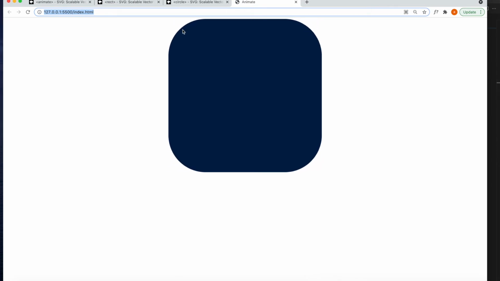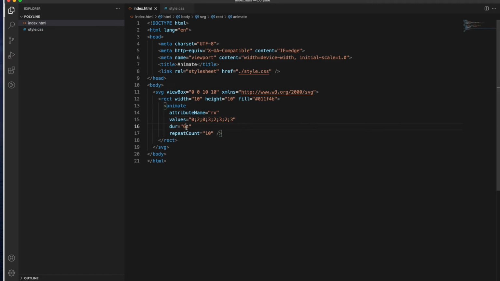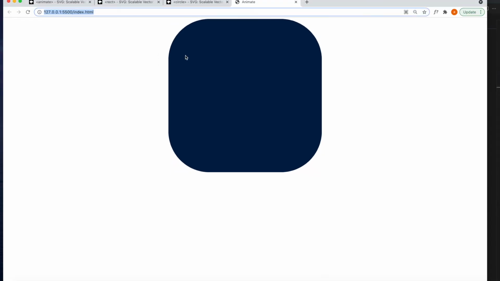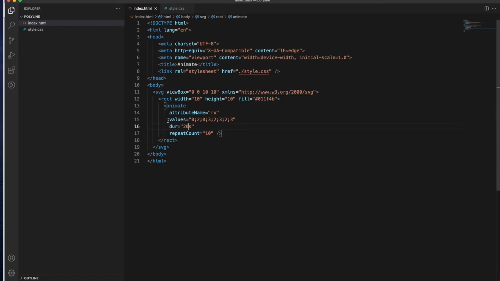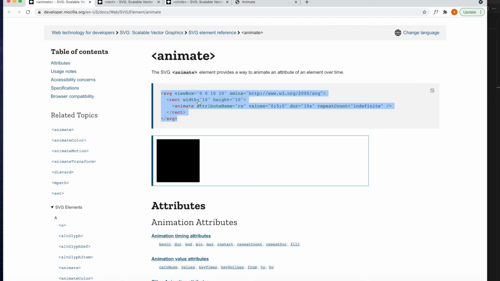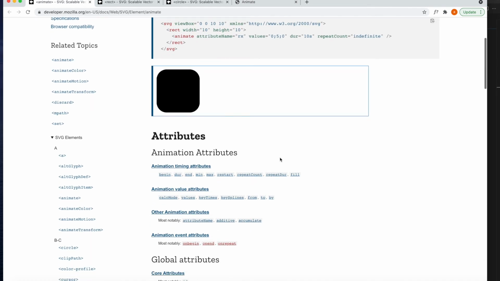You can add as many breakpoints as you want, depending upon your requirement. If I reduce this time, of course the change will be too fast to observe, and if the timing is too big, then you will see a dull animation. So we have seen the values, and we'll try a few more properties.